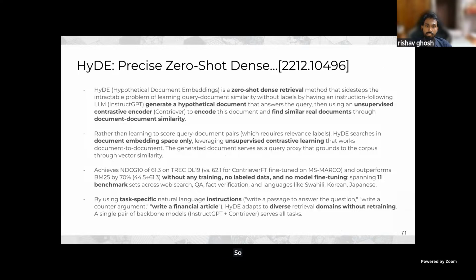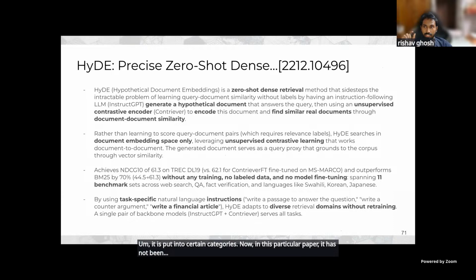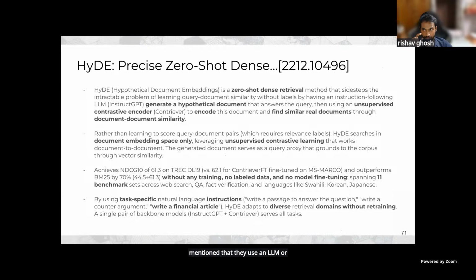What we have essentially found out, I would rather put into a concise statement than go through all the paragraphs, is that we create a hypothetical document. The moment the query is made by the user, it is put into certain categories. In this paper, it has not been mentioned that they use an LLM for that.